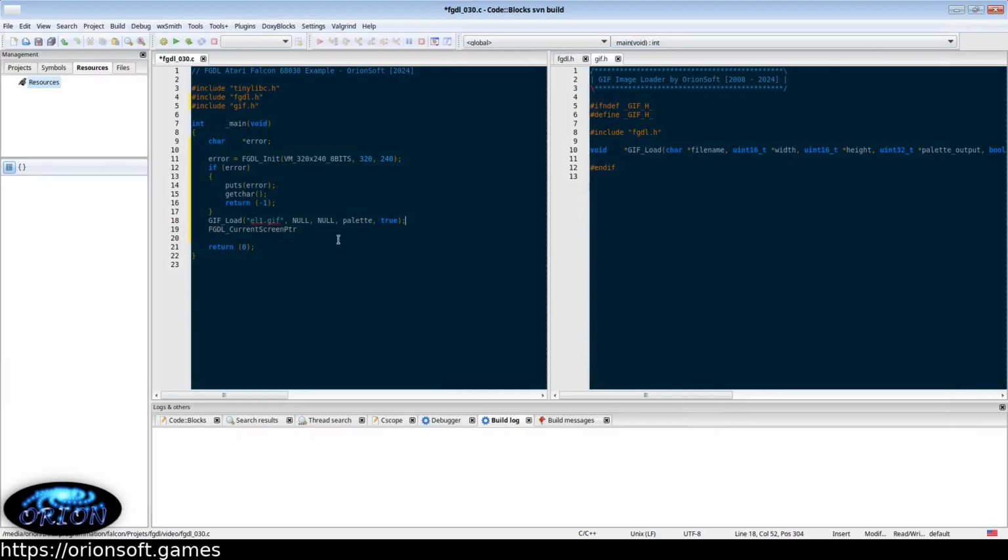I will not go into details about this, as the FGDL functions take care of this for you, so just pass the true value in this convert to planar field. Once we have loaded our GIF file, and after making an error check,